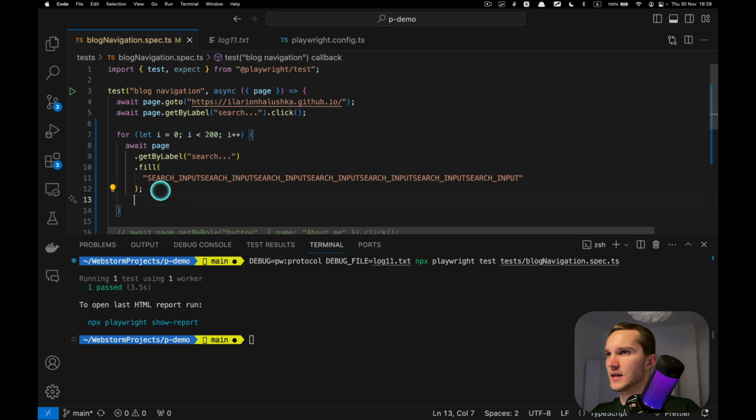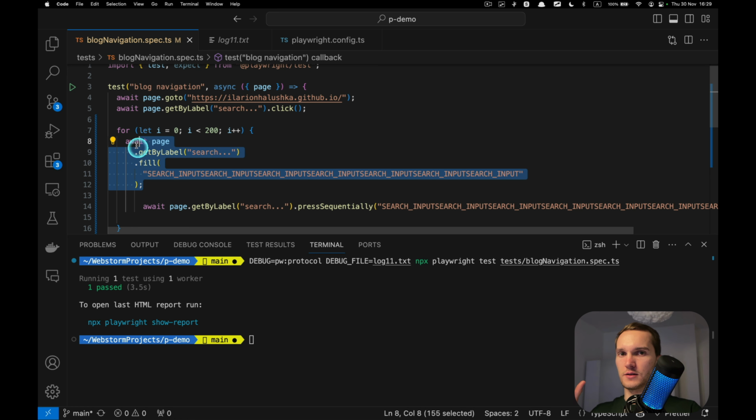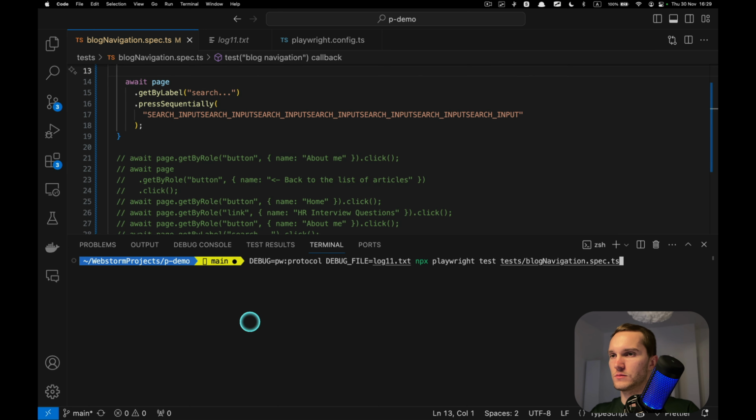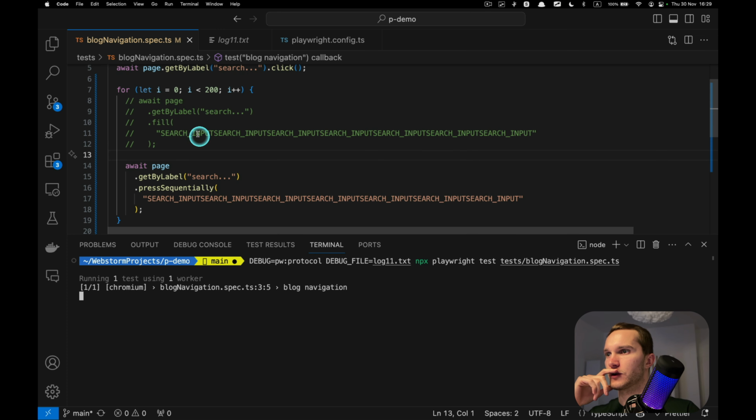And now let's do the same using press sequentially. Remember, it sends the requests one by one to the browser: hit this key, release, hit this key, release. You remember with the fill method it was 3.5 seconds.